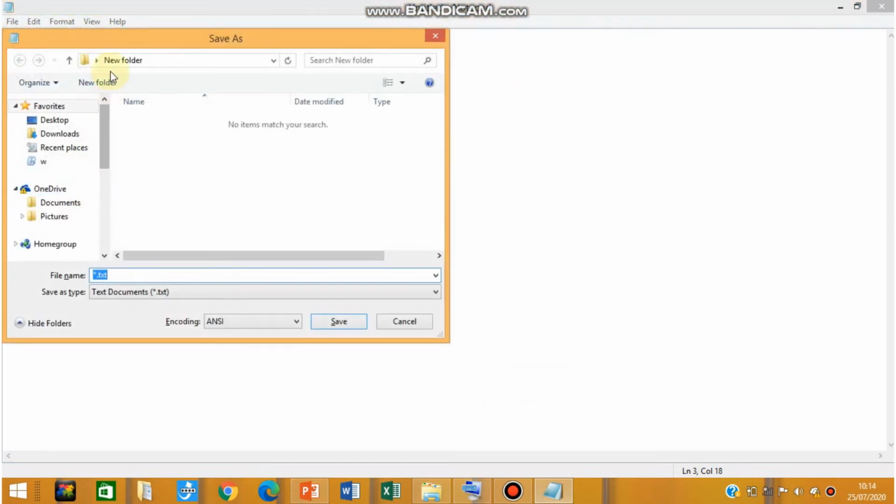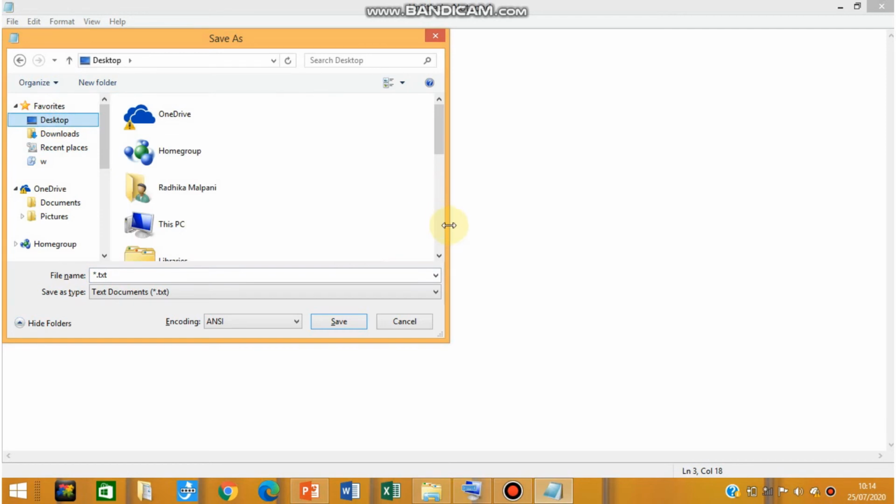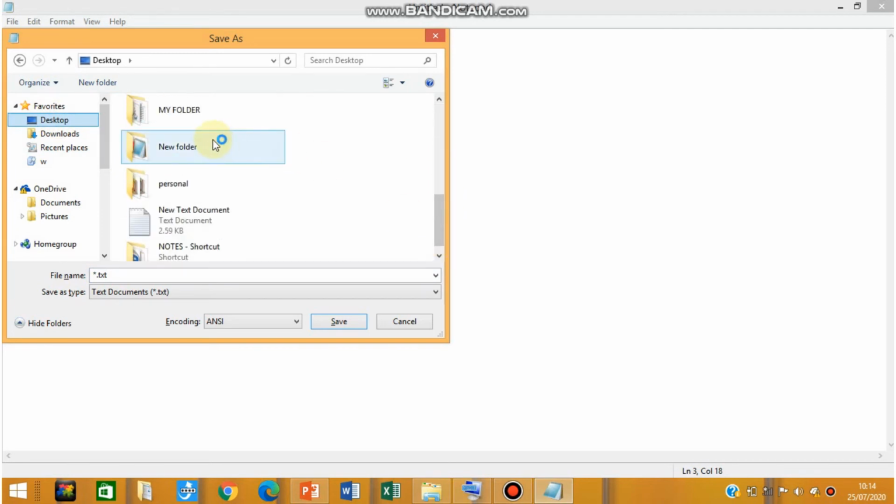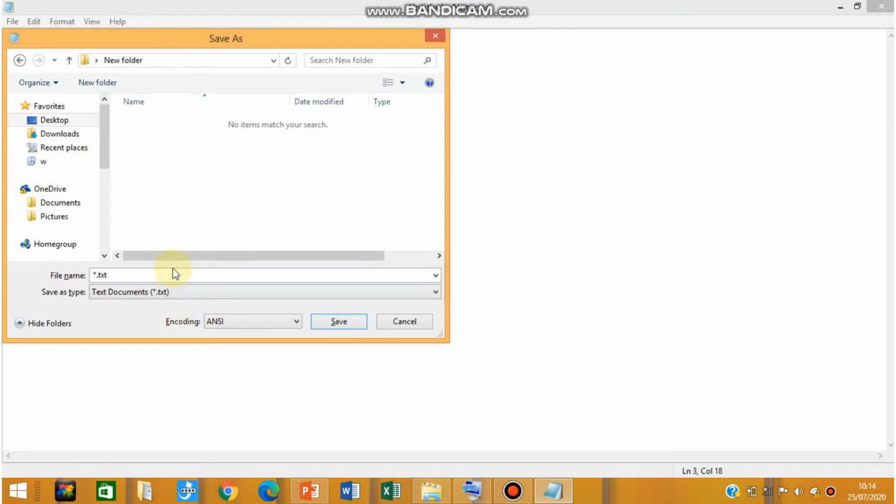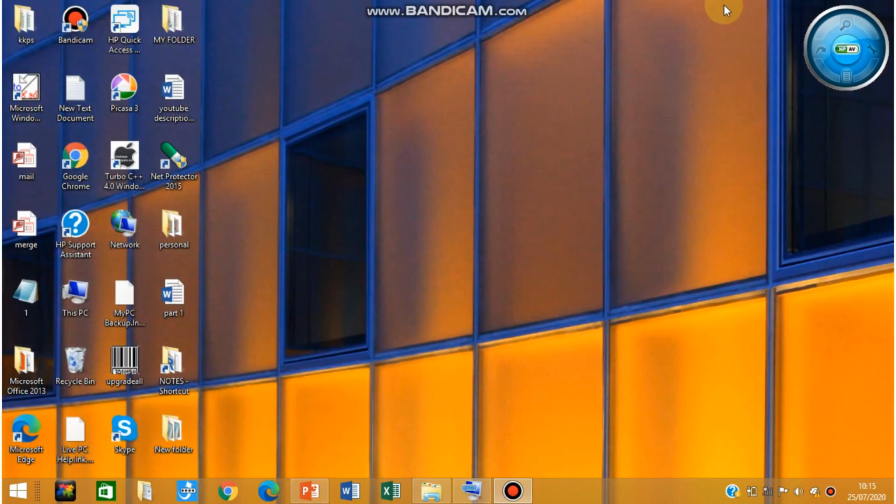Save it inside the same folder where you have saved the first file of HTML, the first file of Notepad. Okay, desktop. I have already created the new folder on the desktop, and inside this new folder you have to save it as myfile.html. My file, because we have given the file name in the previous Notepad file as my file. In the link we have mentioned my file. Okay, now save it, close this Notepad file.